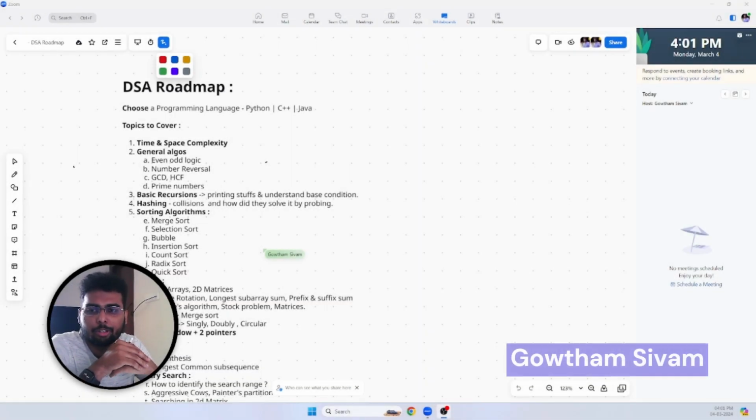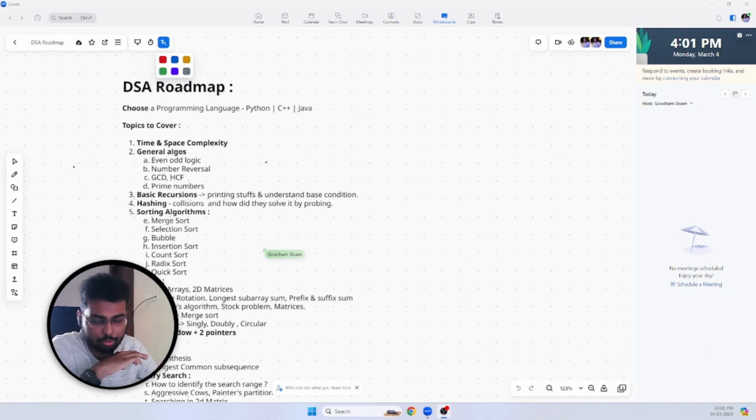So today we are going to look into the data structures and algorithms roadmap. I have listed a few things that we can go through so that once you are prepared for this, it's very much easy to crack any kind of product-based companies or whatever it is. Okay. So usually in a software development role,